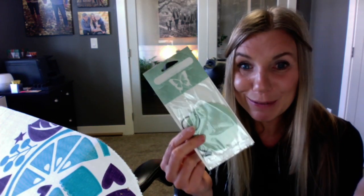Ooh, we have got an, I was going to call them air fresheners, a scent circle. I love these. I use them all the time, and they're my favorite thing to give to my team and my customers, because who doesn't want to get in a great smelling vehicle? So we've got vanilla mint, and we have got 2 Scentsy bars. We've got Polar Bear Hug and Arctic Kiss as well. So something fun, something that kind of goes with the theme of getting ready for the holiday fragrances,